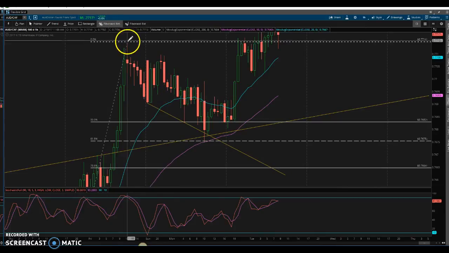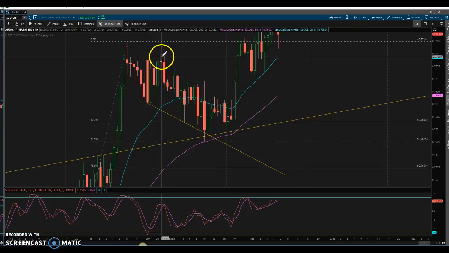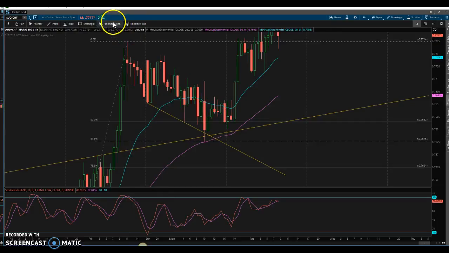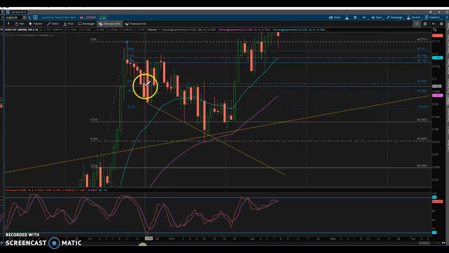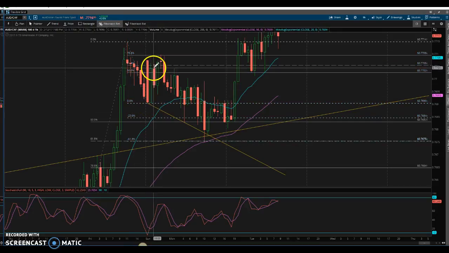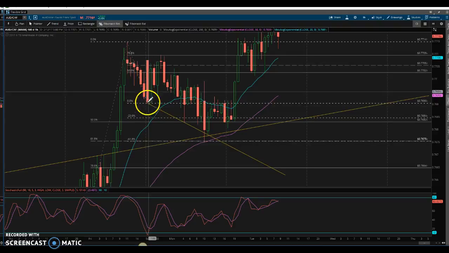And once we made this high in this retracement and our lower high here and started moving back down, I generally like to look for a potential target where people are going to be taking their profits at. And I saw that it was respecting these fib levels as well. We have the market open here, this large bearish candle